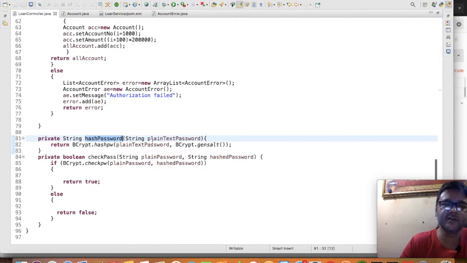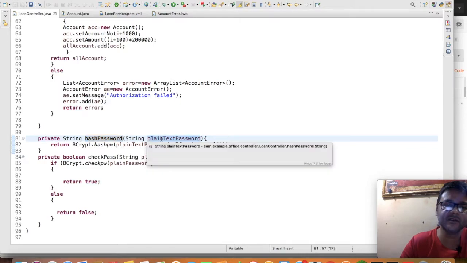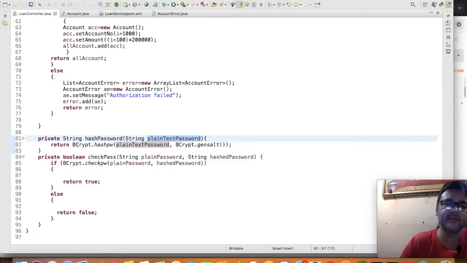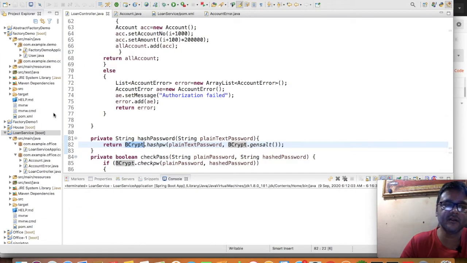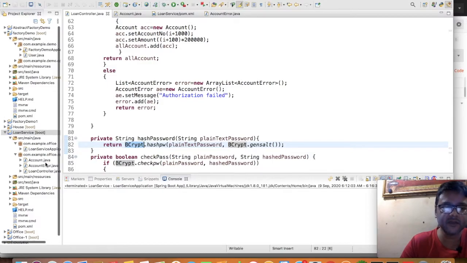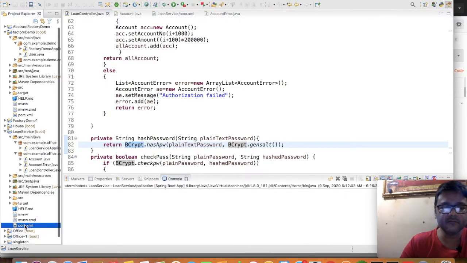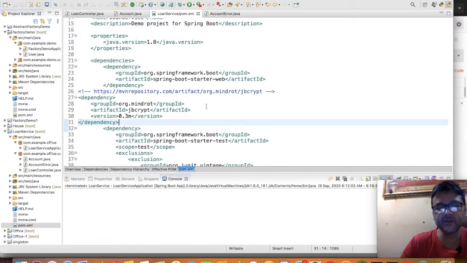The hash password is my own defined method. It is going to accept this XYZ and return the bcrypt value. I have included the bcrypt Maven dependency. In fact, let me show you in the pom.xml, nothing extra, it is simply the same Spring Boot project.